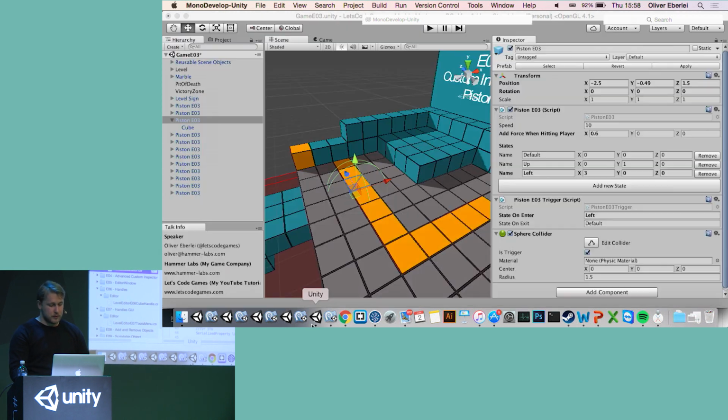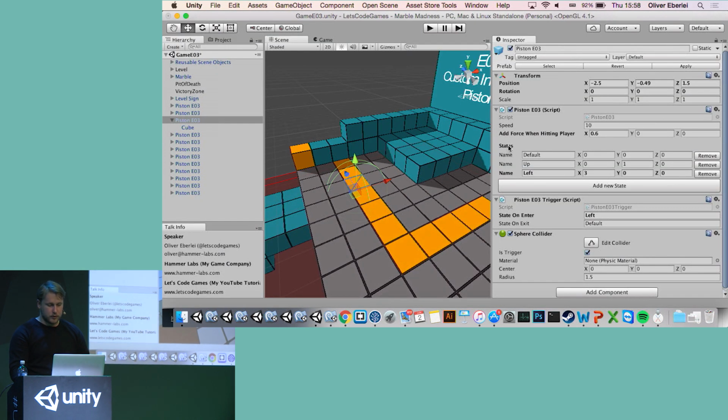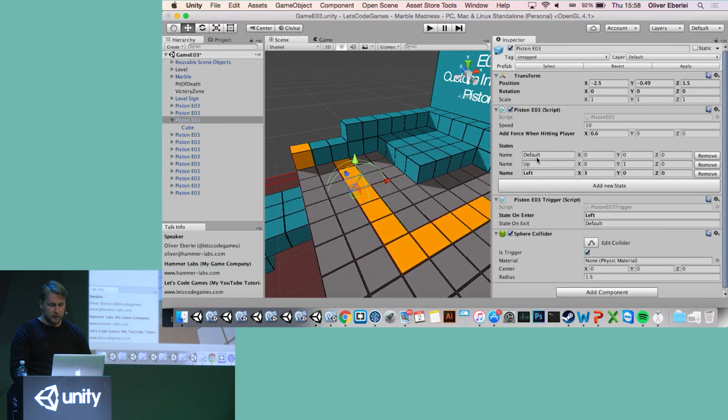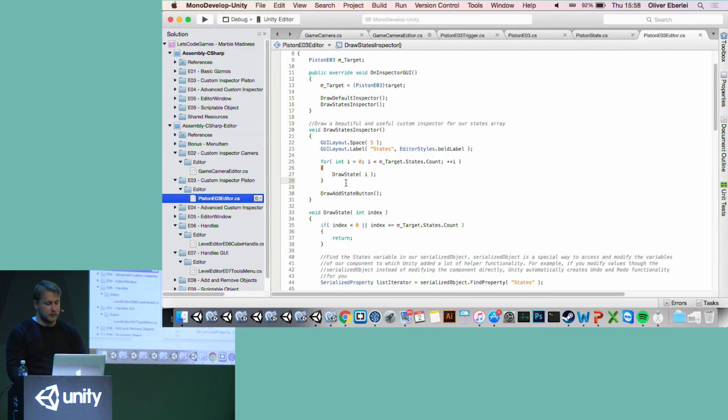So this label is printed in bold. And there is a bunch more, so you can design your editor a little better. And then I go through all the states that I have in my object, and I call the draw state function with the index, and at the very bottom, I want to draw an add state button as well. So I have all the states, and then at the bottom, I draw this button to add new states.